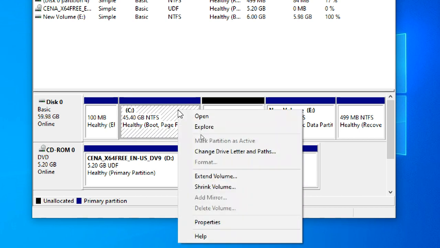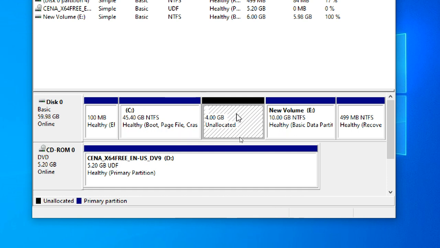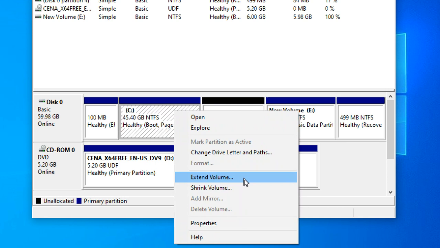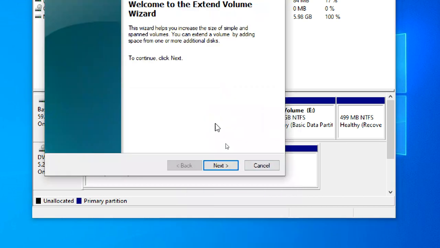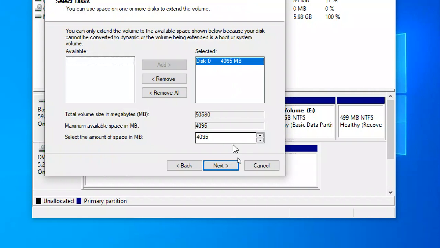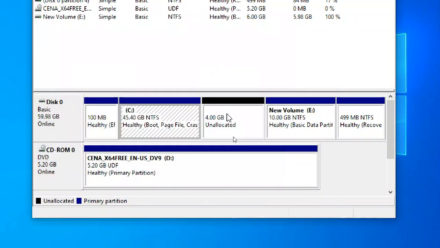To decrease the volume size and separate unallocated space, you should use shrink volume. If you want to add the unallocated space to your volume, make sure that it is adjacent and next to it. Okay. You can extend this volume to here, like this, extended. You can see 4 GB. So you can go next, you can get this 4 GB. Okay.